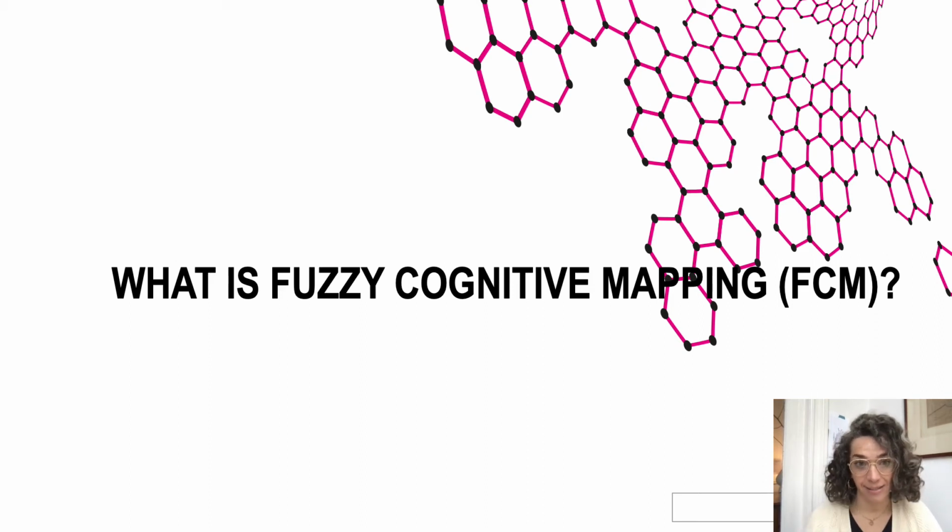So what is fuzzy cognitive mapping? Now you can hopefully see how it fits into the greater whole of the project. But what exactly are we doing? What are you doing this week? Well, fuzzy cognitive mapping is sort of mapping a perception of reality. It's not a map of reality, it's a map of a perception of reality, which is quite different.